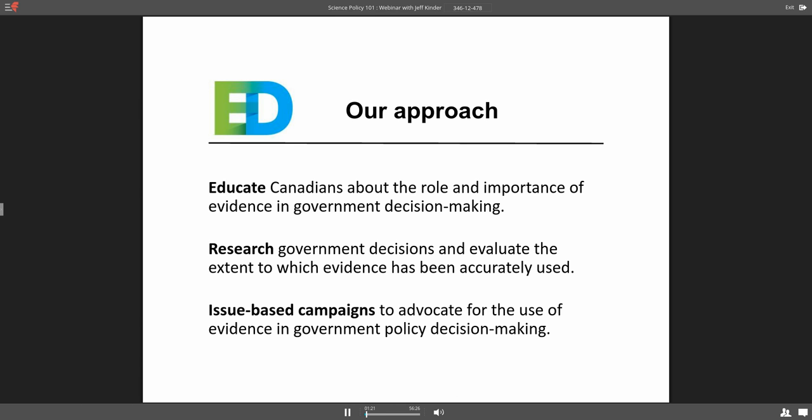So I wanted to give you a little bit more info about E4D and how we approach evidence in government decision making. We take a three-pronged approach. We educate citizens about science, the importance of evidence, and we also educate scientists and experts with workshops like this. We also have an independent and unique research program,